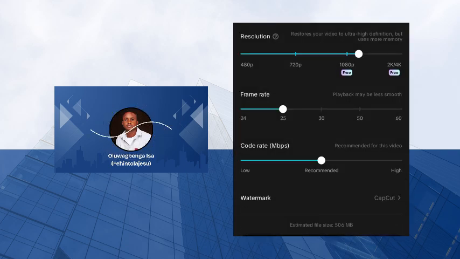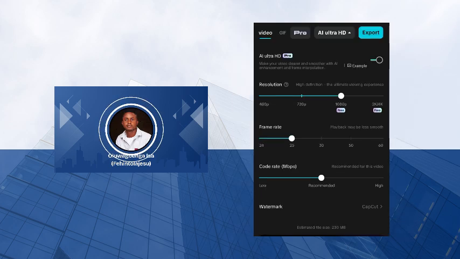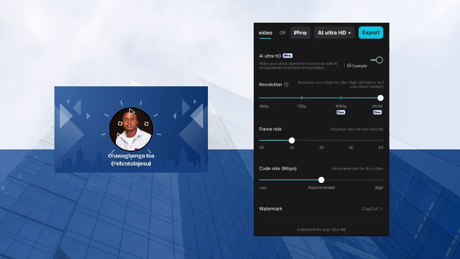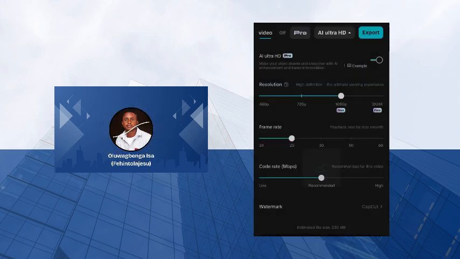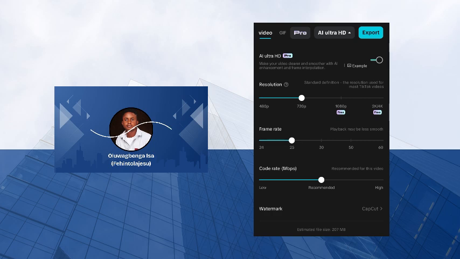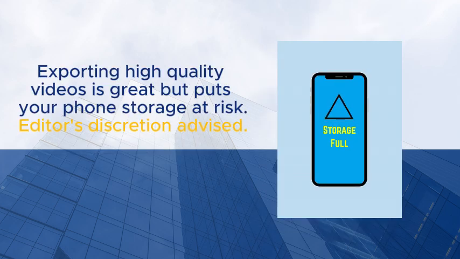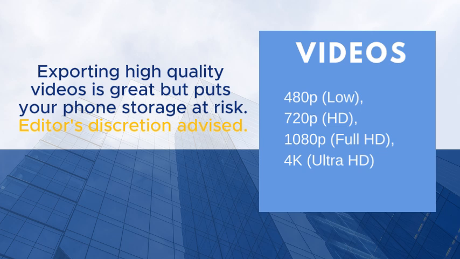What if I decide to do it with 720p? It's going to be 207. So which means the higher the resolution, the bigger the size. Although the higher the resolution, the bigger the quality too. But as you're expecting a bigger quality, expect a bigger size. So the question now is, can your phone accommodate such big size for a video? If not, then you have to stick to 480 and 720. Before you export your video in 4K, think about it.